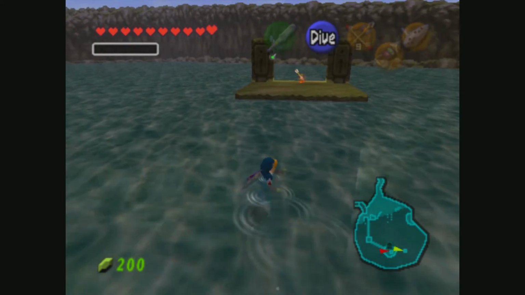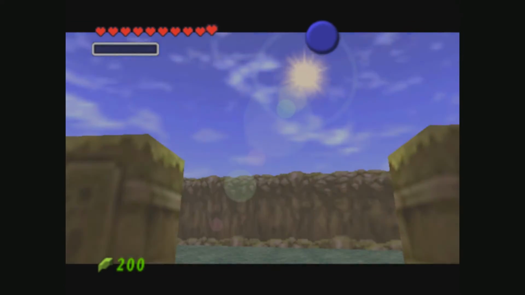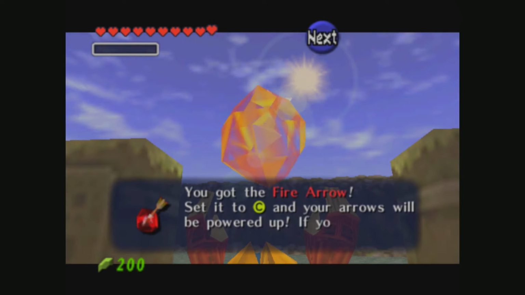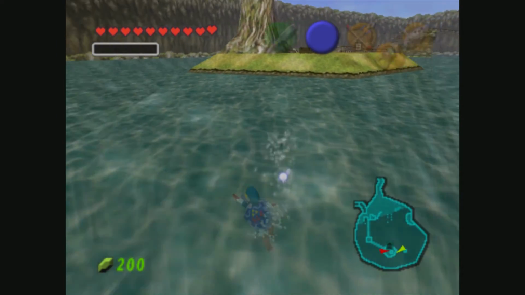Because you need something that actually creates fire. There's no fire that you can use with your bow and arrow. And Din's Fire, I don't think goes high enough above you to actually get past that little segment. So I think you need the fire arrows, man. Don't know what else to tell you. But we got the fire arrows now, so...